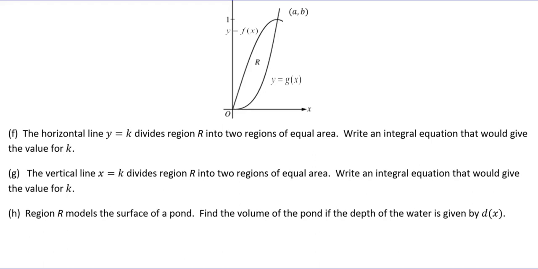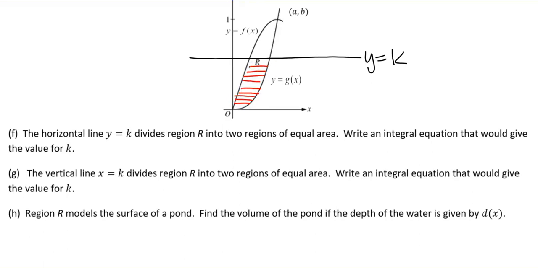Part F, the horizontal line y equals k divides region R into two regions of equal area. Write the integral equation that would give the value for k. All right, so let's eyeball y equals k. Let's see if we can kind of divide the area into two equal regions. And I want the area below that line to equal the area above that line, right? And in this case, notice that you're going to need to fill in going this way, going right minus left,